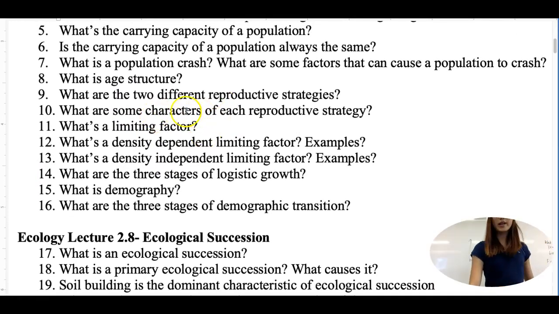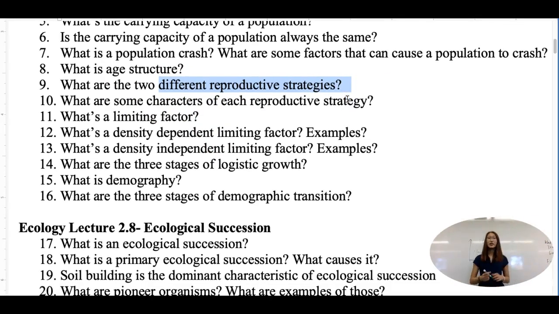Okay, so the next one is 2 types of different reproductive strategies. You have the R strategy and you have the K strategy. The R strategy is, you can think about a fish. So a fish can have many offspring. Each of the offspring is very cheap. So what that means is that you put in a lot less energy into producing those offspring. So if you think about the fish eggs, right? The fish eggs are not very well developed. It doesn't take as long to allow a fish to reproduce, and you have a ton of those fish eggs. That is the R strategy.